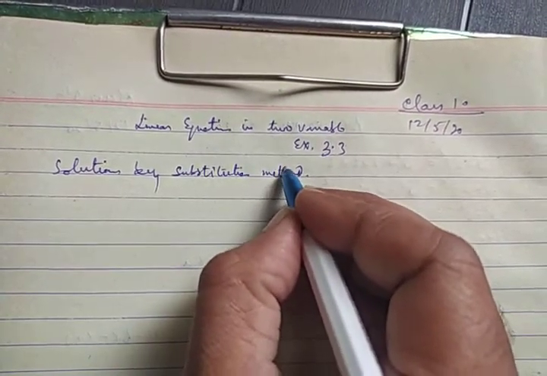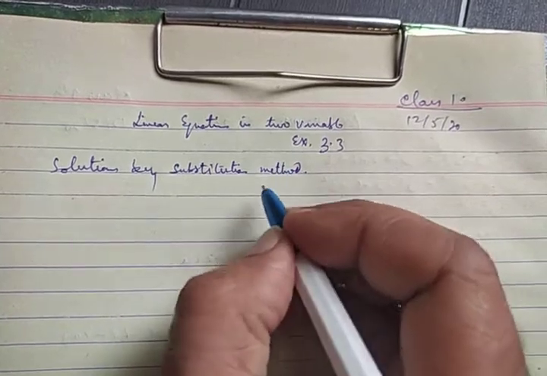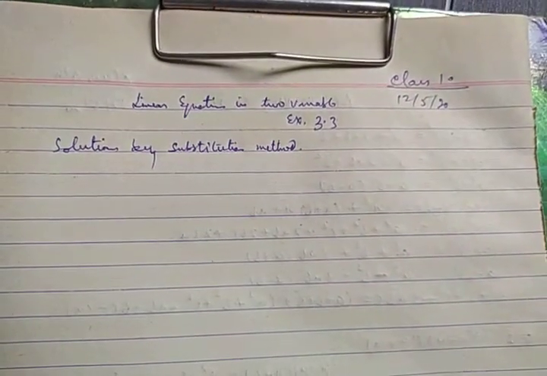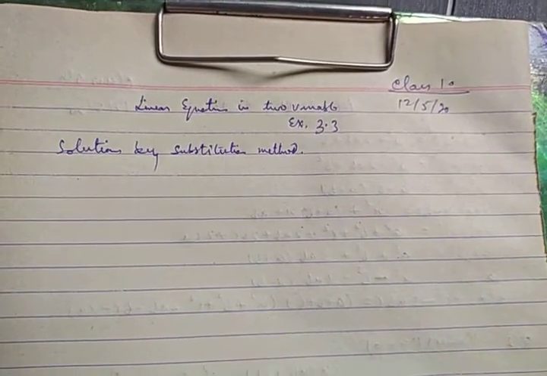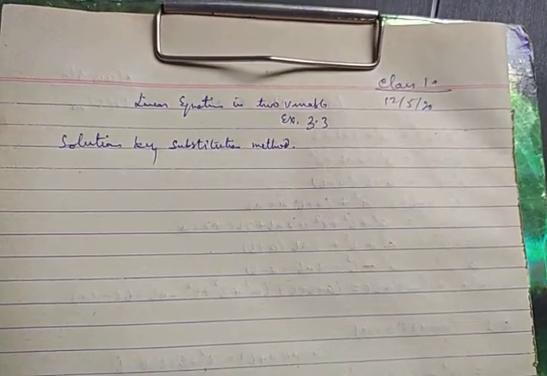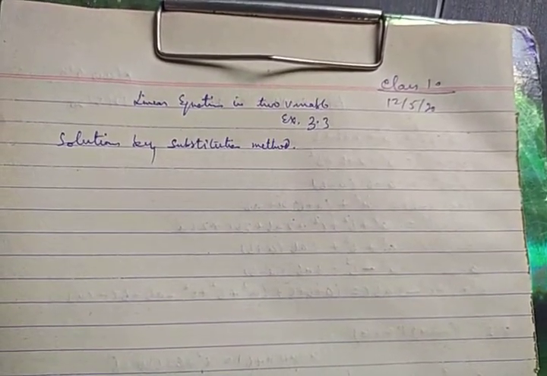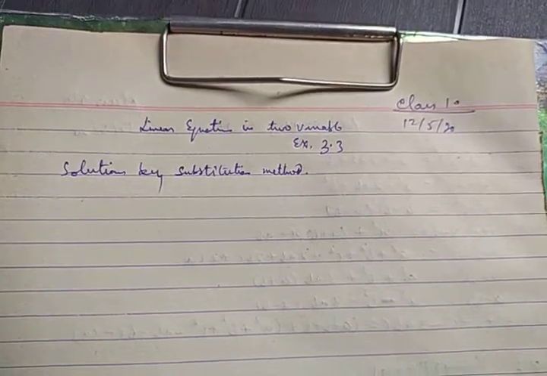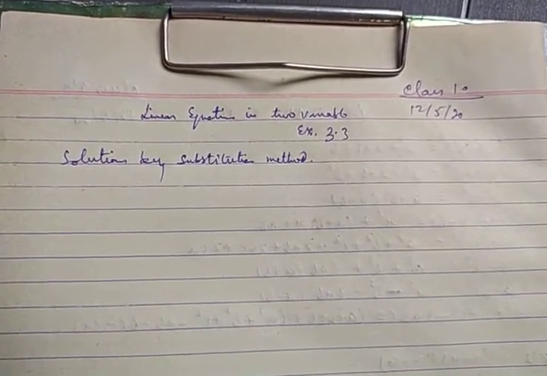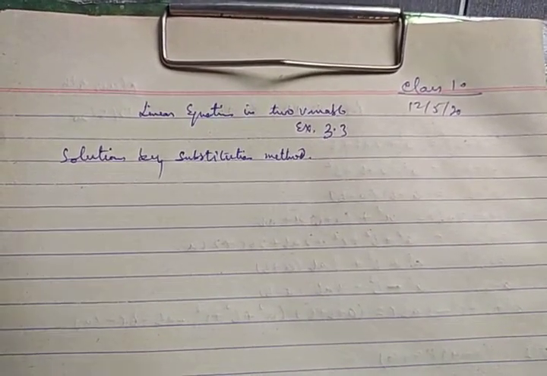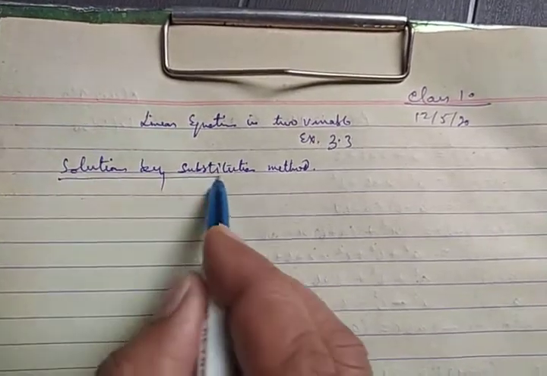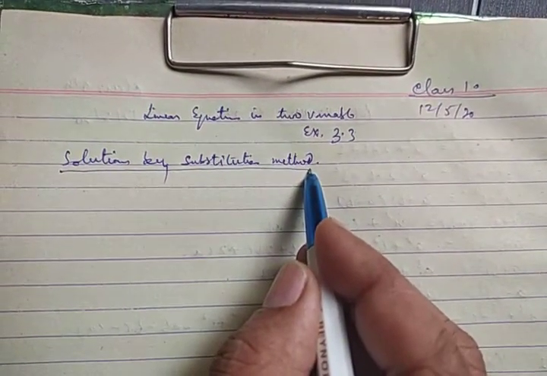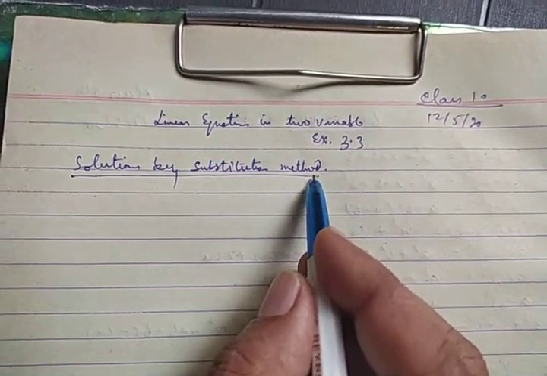Substitution means putting a certain value in place of some other thing. Just like in your school, if any teacher remains absent, another teacher is substituted in place of that teacher. In the same manner, you will have to substitute a certain value. To understand the method, there is no formula, it is just a way of doing.